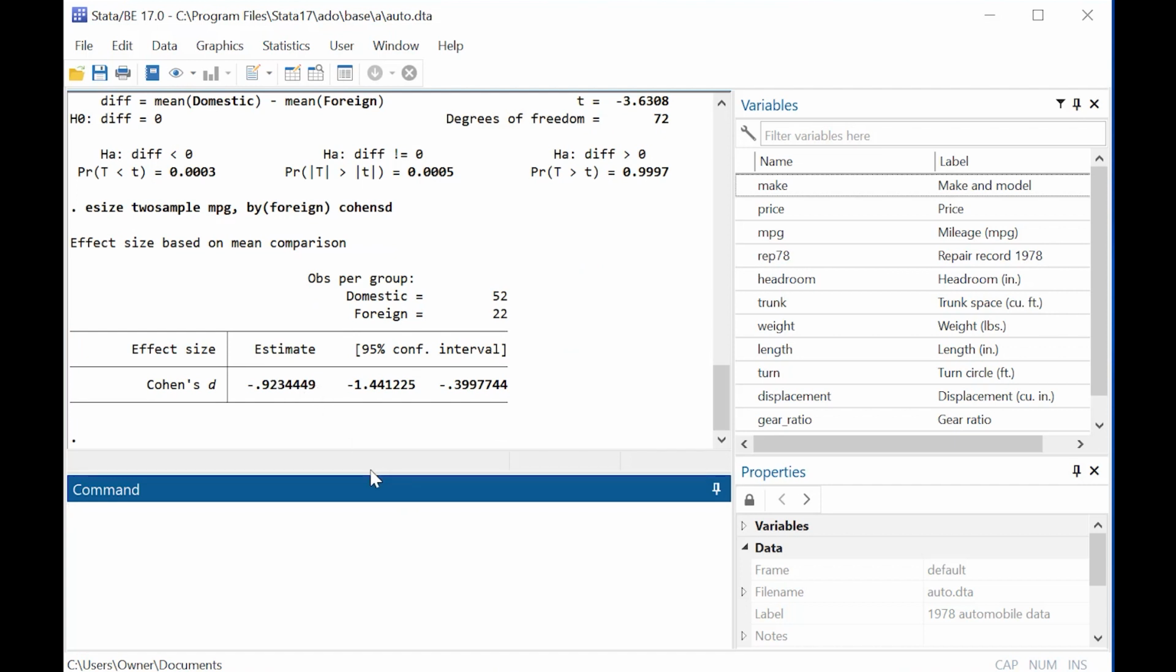If you go online, you'll see that Cohen's d has three accepted cutoffs, and we can look at them as absolute values if you like. 0.2 is a small cutoff for small effect size, 0.5 for medium, and 0.8 for large. So here, for example, we see that the estimate of negative 0.92, the absolute value of that is greater than 0.8. So what we have here is actually a very large effect of the manufacturing location of the car